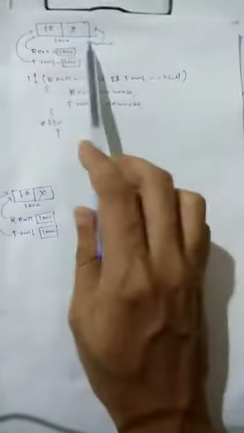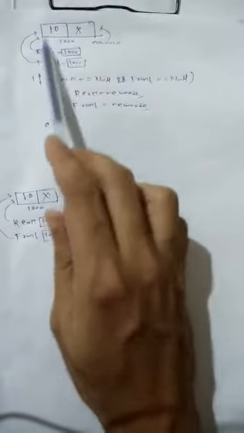Otherwise, else what happens? If nodes are present, that is, rear equal to null or front equal to null does not satisfy, that means the linked list contains some number of nodes, then what happens? The else condition. So this is the first condition: when rear equal to null and front equal to null, that is, no node is present, then rear equal to new node and front equal to new node. A single node is created, and rear will be assigned this and front will be assigned this. Okay, if it is null.